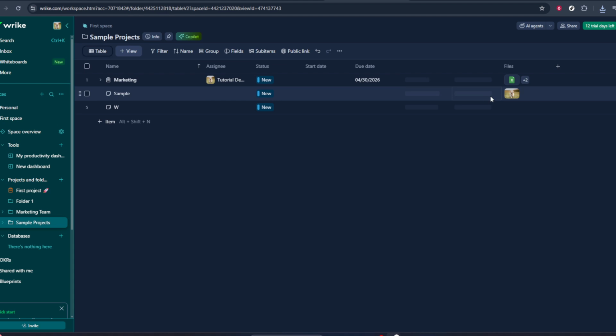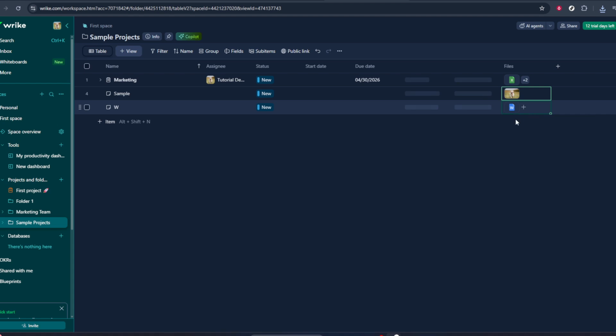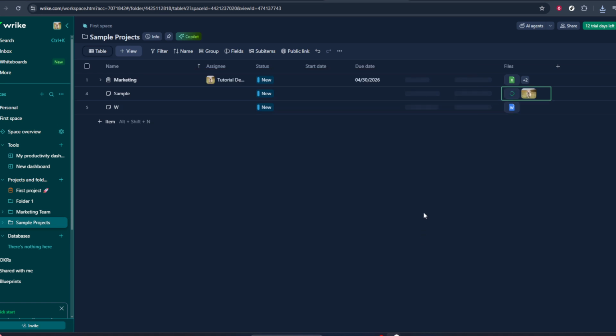Typically, you'll be asked where you want to upload your file from. You might see options like selecting a file from your computer, choosing from a connected cloud storage service, or even attaching something that's already in Wrike. Select the source that works best for you, then choose the file you want to attach. Confirm your choice, and Wrike will upload the file and display it in that table within the task. Once it appears there, you'll